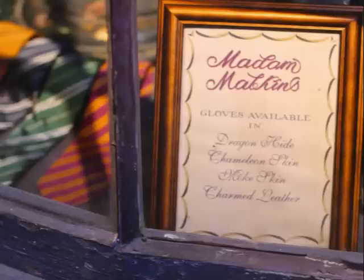Oh, I see. So you're looking for a special robe for the Yule Ball tomorrow. Oh no, it's no trouble at all. We have plenty of people coming in today looking for last-minute attire for the occasion. But I would be more than happy to help you. Now tell me, do you have anything in mind, or...